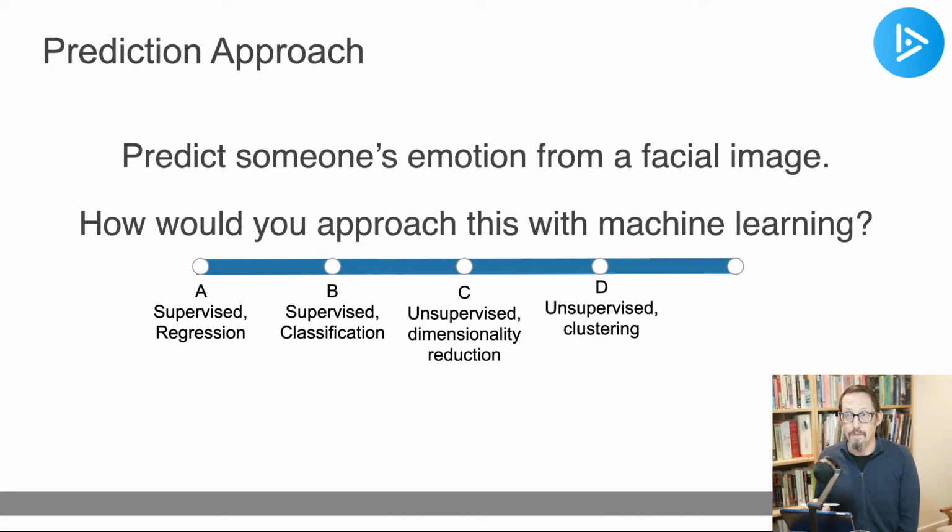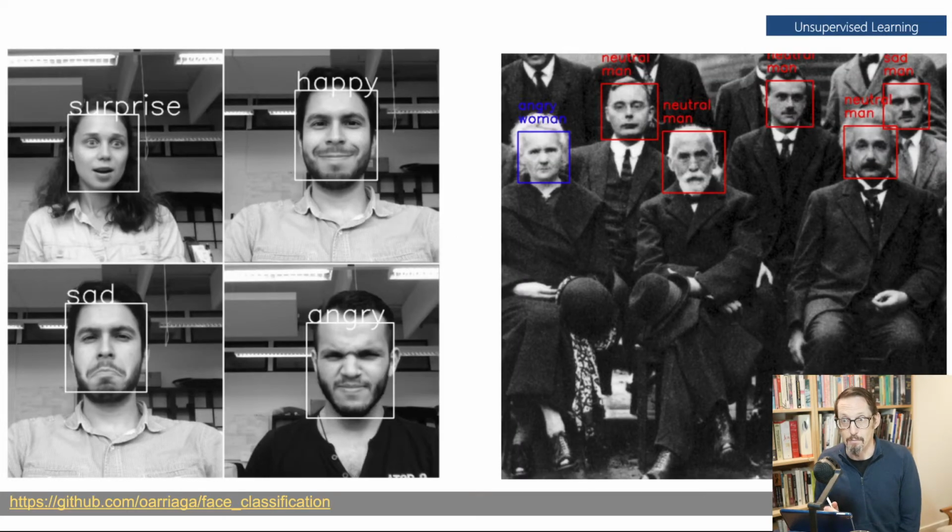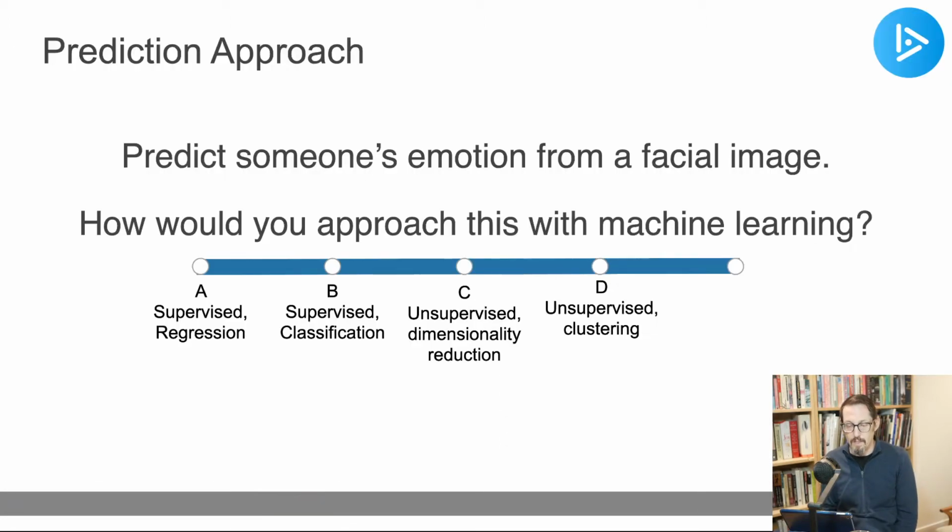So, when you predict somebody's emotion from a facial image, how would you approach this in machine learning? What kind of a problem is it? This is the kind of output you want. After being trained on a bunch of these, it figures out whether you're surprised or happy, etc. So what do you think? Would this be supervised, unsupervised? Is it classification